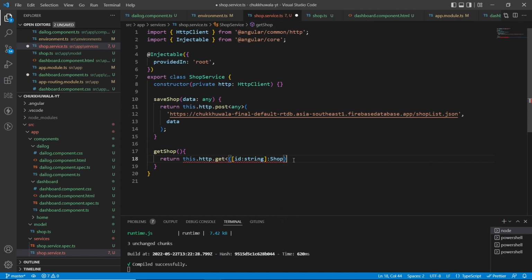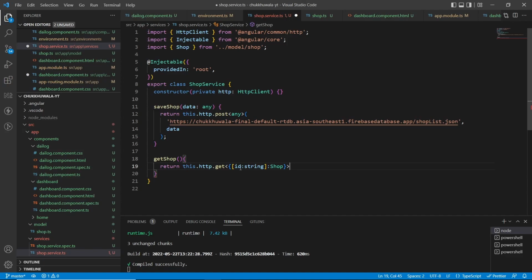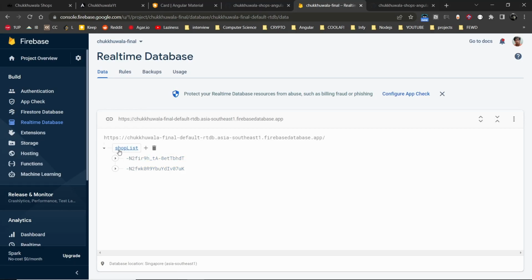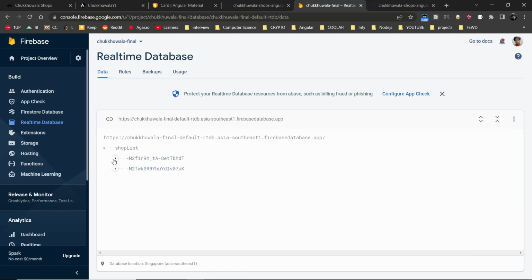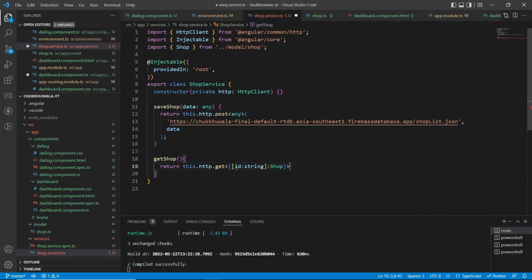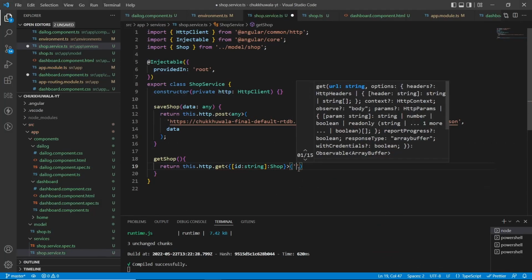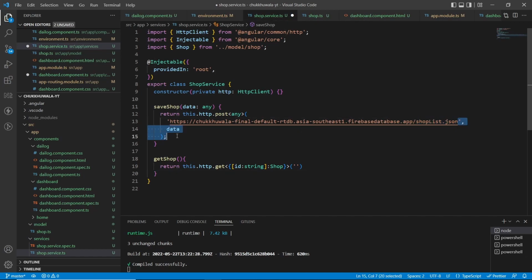If that didn't make any sense, wait, I'll tell you. We'll first import this. So I'm expecting a result of type object, and that object contains an array, and that array has multiple IDs, and all of those IDs contain data of type shop. This is the thing we need to specify: what kind of data we'll be receiving. So I'll copy this API, and I'll paste it down here also,